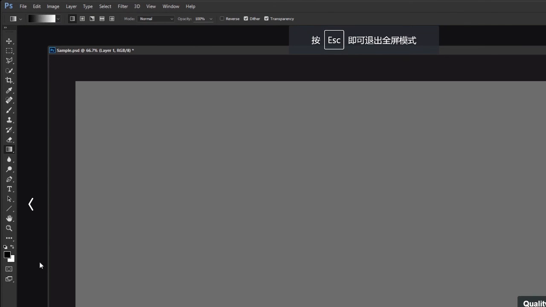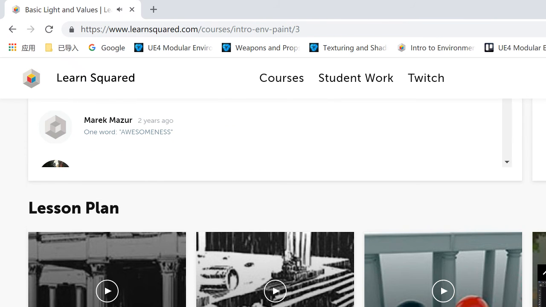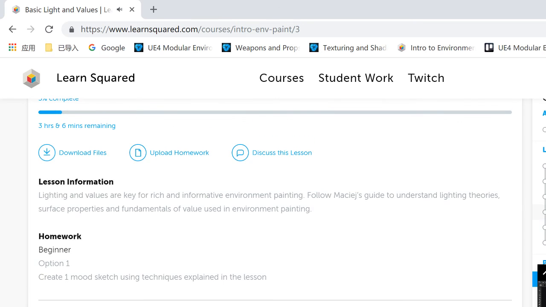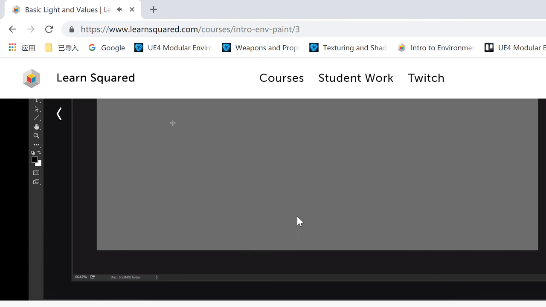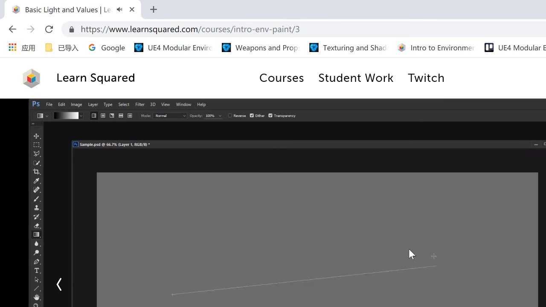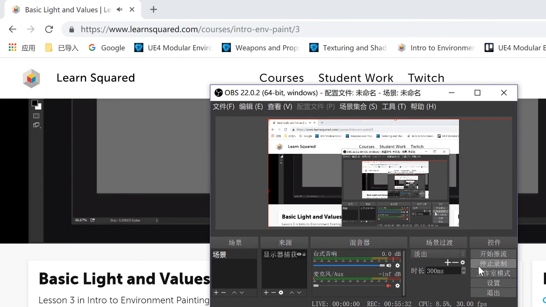You can make the reverse, which means it will just switch between colors right here. And the color choices that you see right here are basically the colors from your foreground color and the background color. So let's quickly draw something, and the way it works is when you click, it's going to create a start point, and as you hold it, you can just